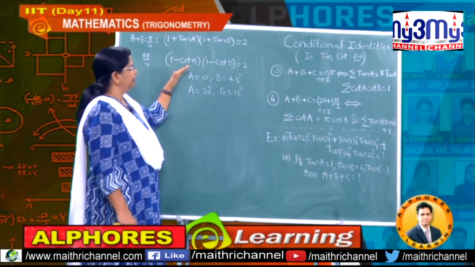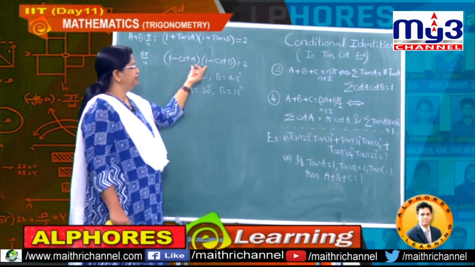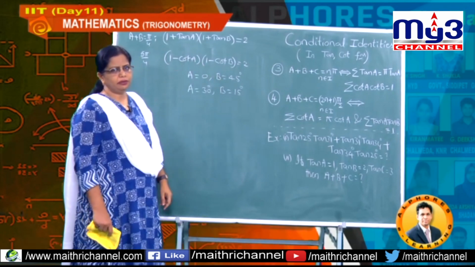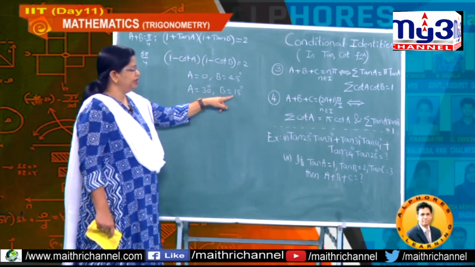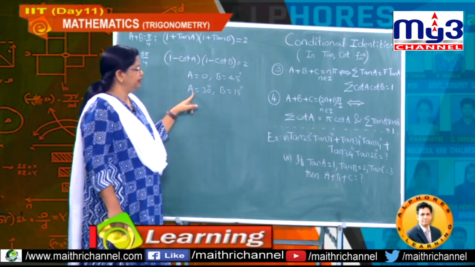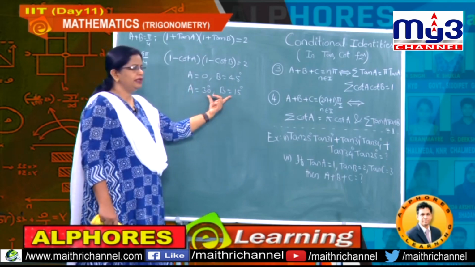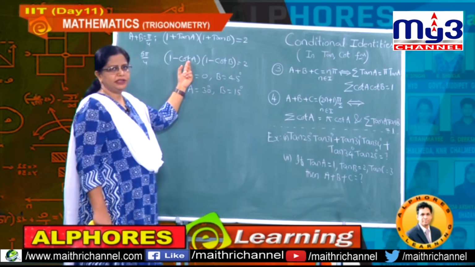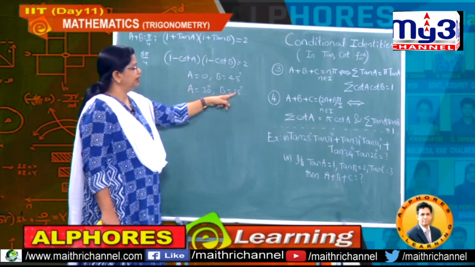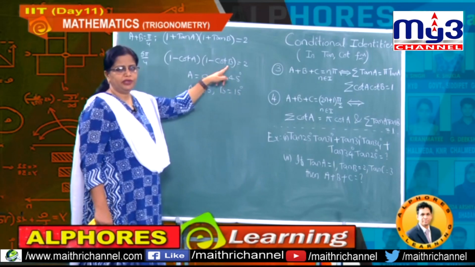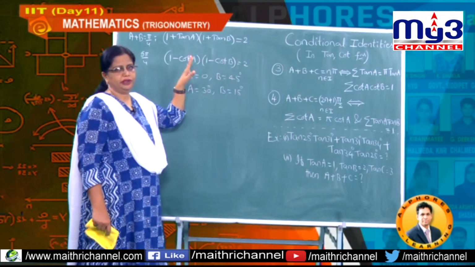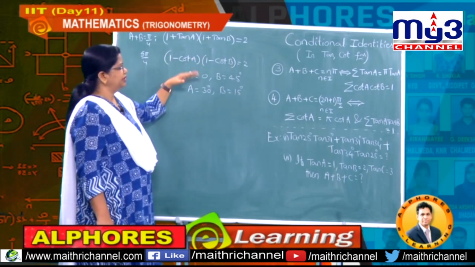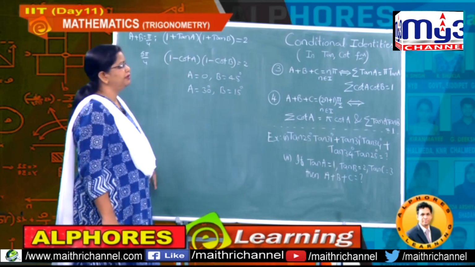That is why, whenever any problem is given, before you substitute, you should take care of these undefined kinds of values. Now if you take A as 30 and B as 15, the sum is how much? 45 degrees, no doubt. At the same time, if I put it here, this is 1 minus root 3, and this value we deduced already. What is this value? 2 plus root 3. So if you substitute, definitely you can get the answer.